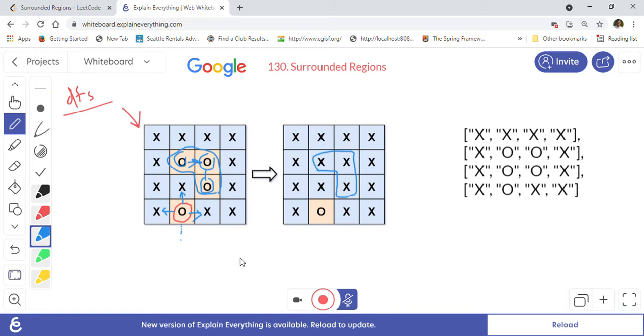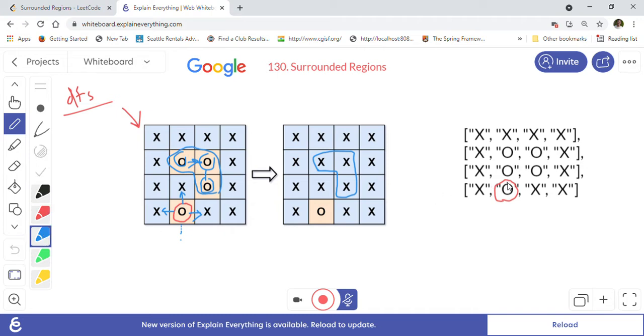So if we consider another example which I just created here for you, in this case we will start our DFS from this point, because this is a boundary O point, and then we will go in all 4 directions and check if there is any O in the 4 directions. So we will find an O in this direction.